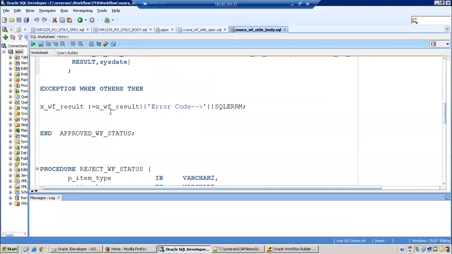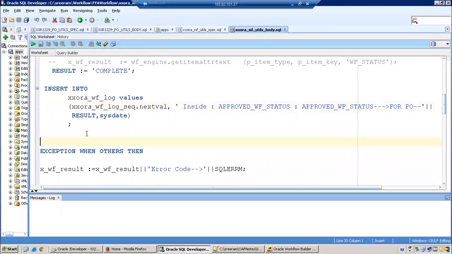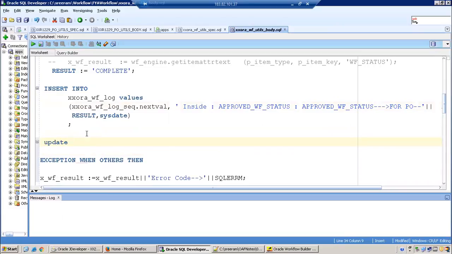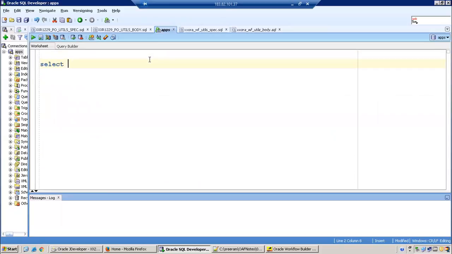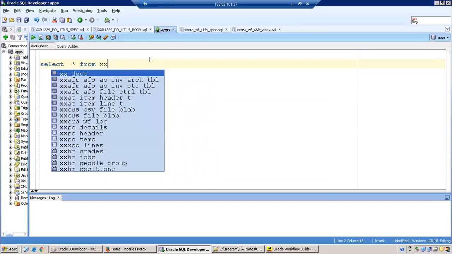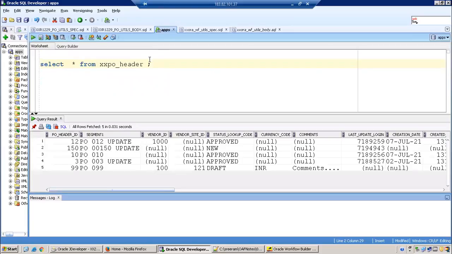So in this case, what we can do is, right here itself, I can write one more method, update XXPO header, where header ID is equal to... let me check the methods. If it approves, it is going to update the status to approved, or reject.